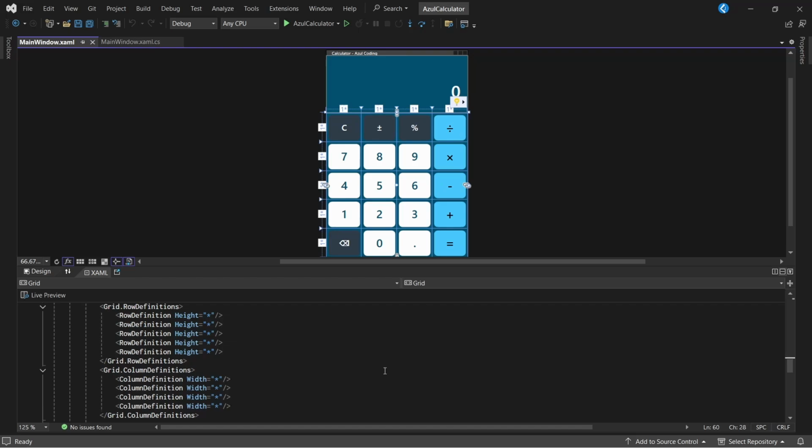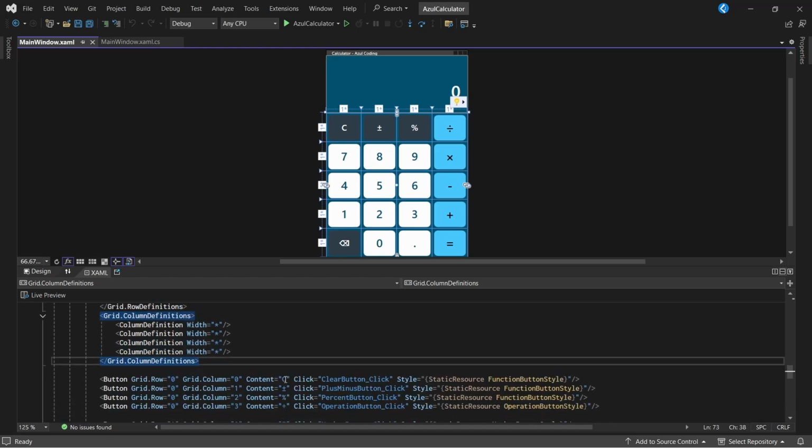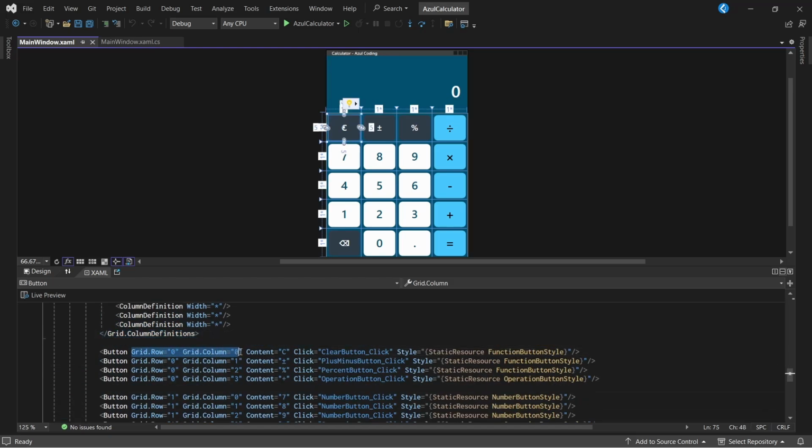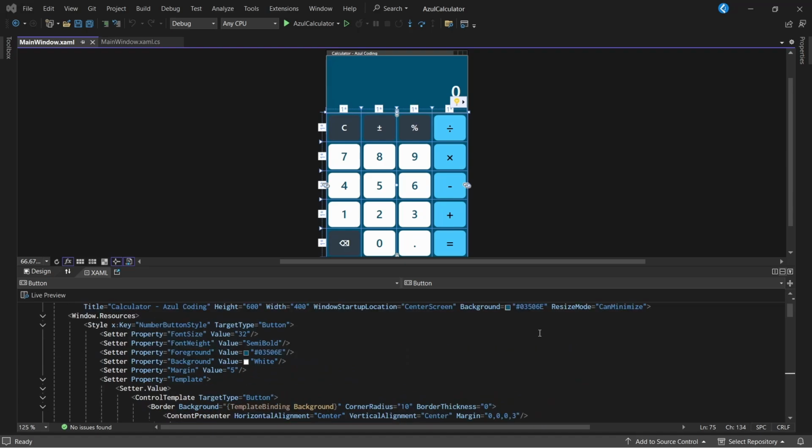You can specify how many rows and columns a grid has with these row definitions and column definitions. Then when we want to place a button in a grid cell, we simply specify the row and column index. To avoid having to repeat the styles for each of these buttons, for example the background color, text color, etc., we can create a style that we reference using the static resource markup,